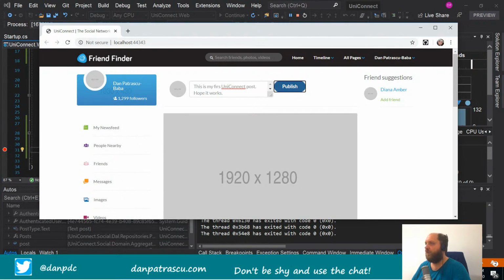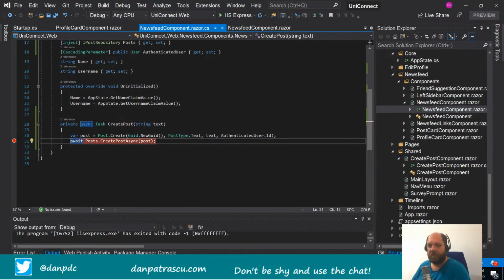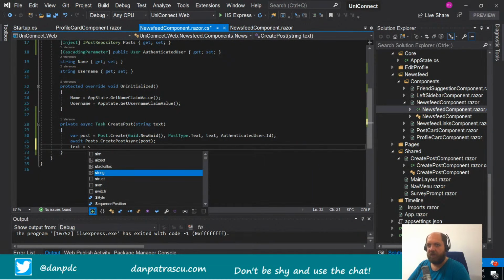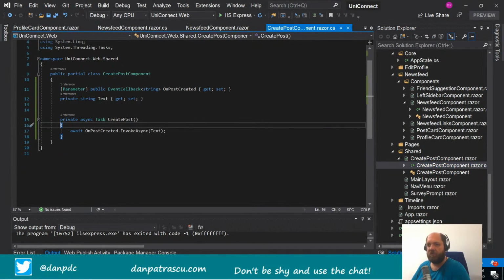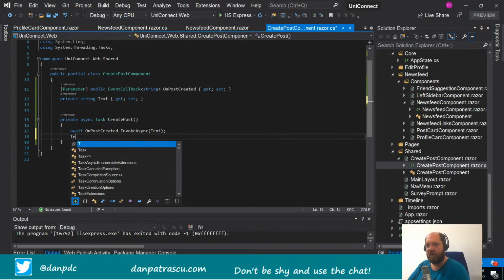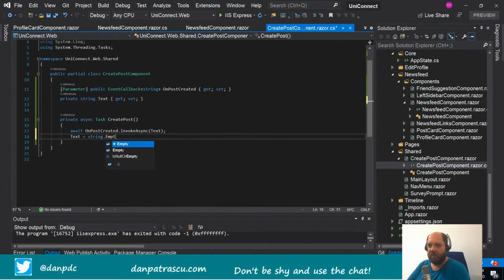But then what we need to do is, I guess, set this text box text to a string.empty. Text equals... but why? Actually, we won't set it here. We can set it in the child directly, because the child is the one responsible that needs to handle this type of thing. And then we can say text equals string.empty, and that should empty the text area right after we post something, which is I would say the expected outcome, or what we actually want to achieve. So let's try to test it out a little bit,